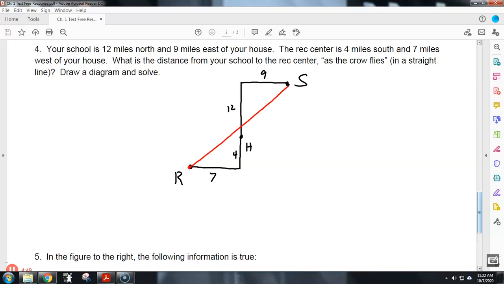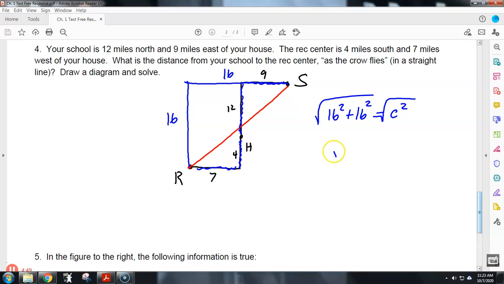And I'm going to make a right triangle out of that. So I'm going to come in here and add up all of this, which is basically the south 4 and then the north 12, which is 16. And then this leg is going to be the 9 plus the 7, which is also 16. 2 ways you can do it now. You could do the Pythagorean theorem. You're going to take the square root of both sides, which is the square root of 512, which is roughly